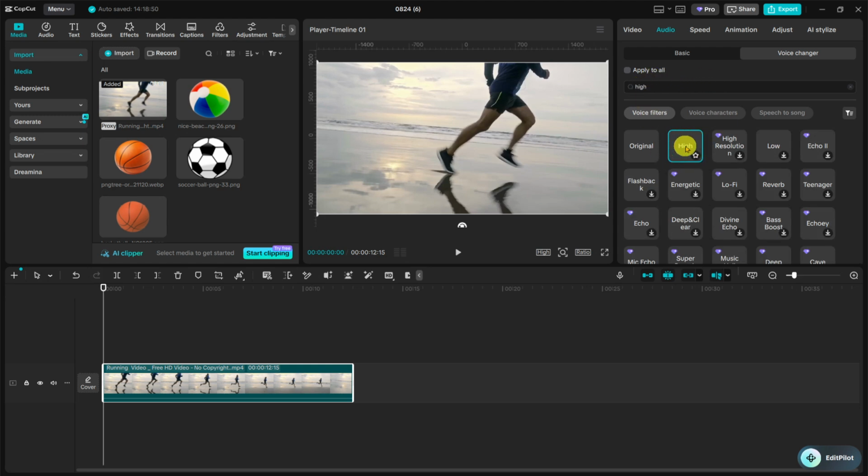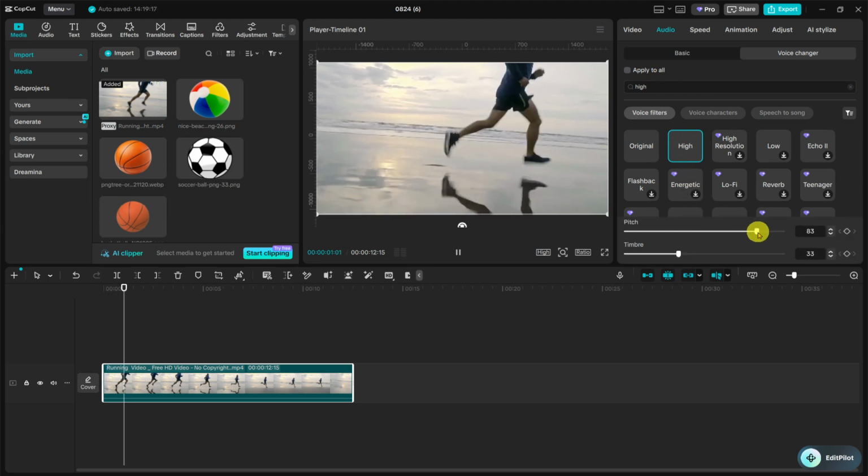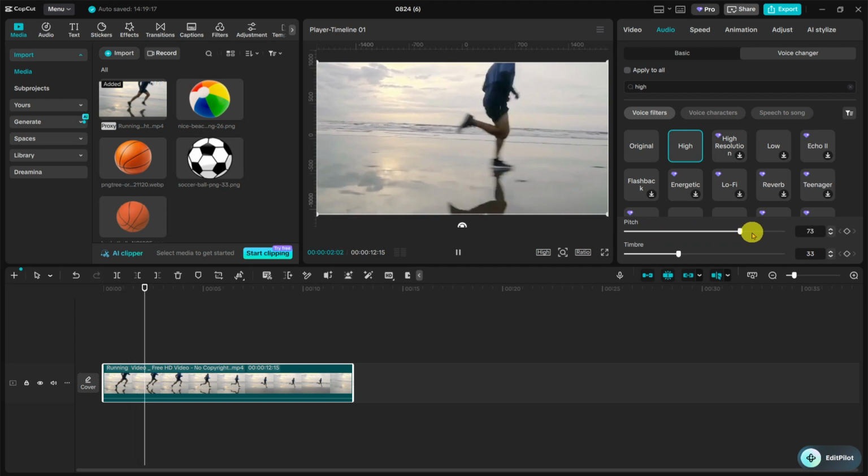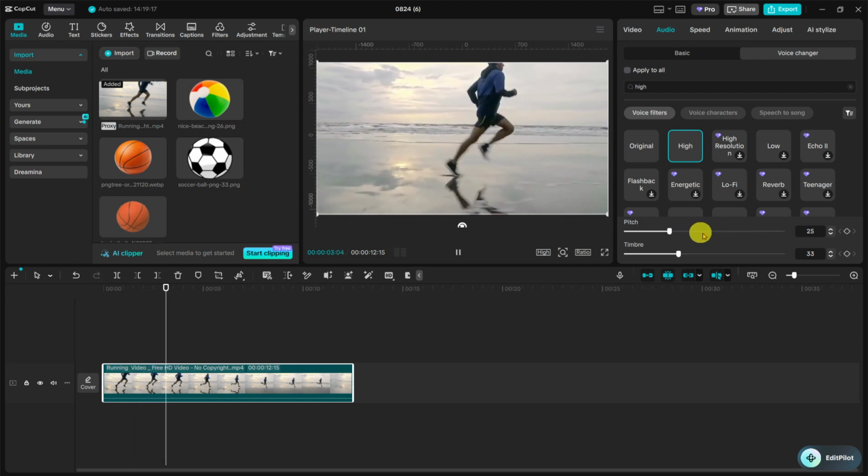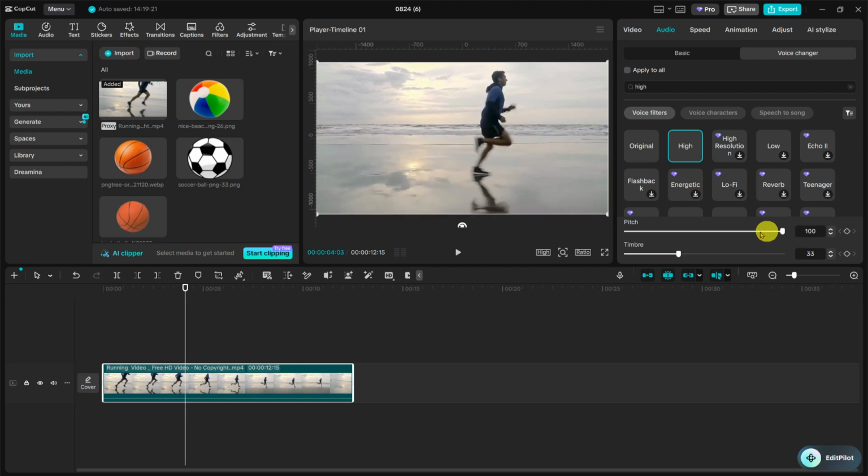Once you're in the Voice Changer settings, look for the option called High and select it. Choosing High raises the pitch of the audio cue, which can make a voice sound lighter or sharper. This is a good starting point if your goal is to create a higher pitch sound without manually building the